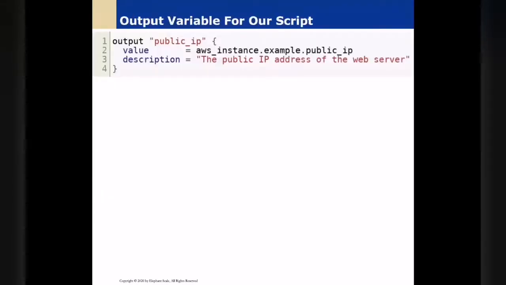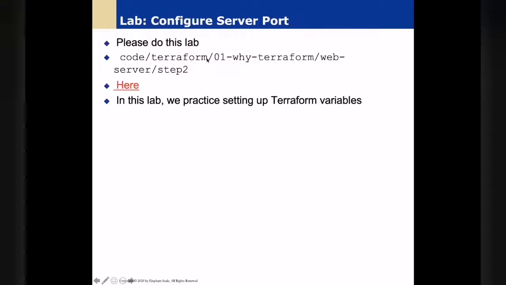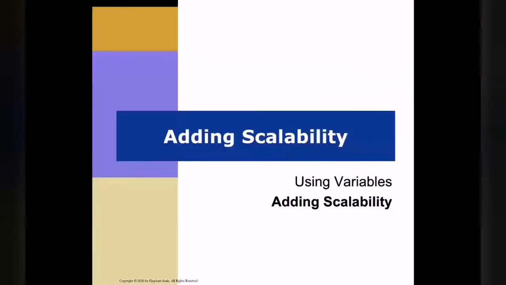Okay, now here's the output. It's an example of the output, and that's what we will really use in order to check. We're going to build pretty much the same structure. We'll build a few instances in the back end. We'll build the elastic load balancer in the front, and that will be the load balancer output. Now, in this case, it's just some instance output. So that's the lab that we did.